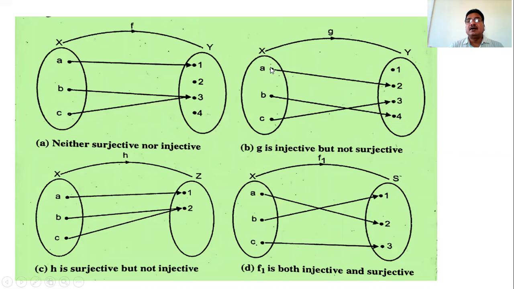So all elements correspond one to one. There is a one-one correspondence between the elements. This is not one-one correspondence. Two correspond to one. So when we say the correspondence is one-one, one element is related to one element. If two elements are related to one element, then the correspondence is not one-one, and the function is not injective. So this function g is injective, while this f function is not injective. This h function is also not injective. This f1 function is what? Injective. So in these four diagrams, g and f1 are injective.